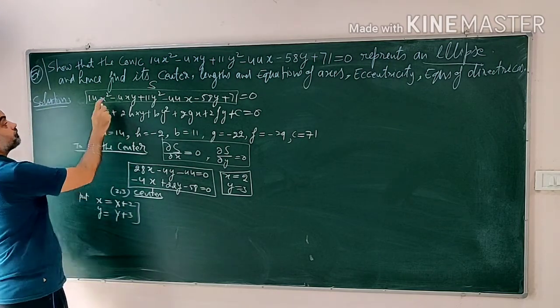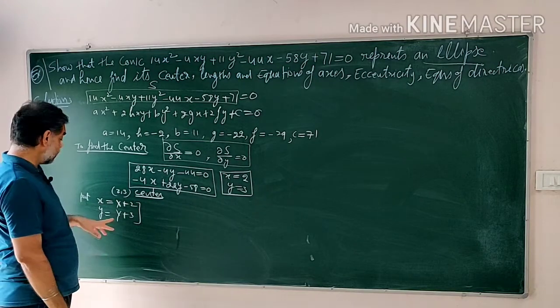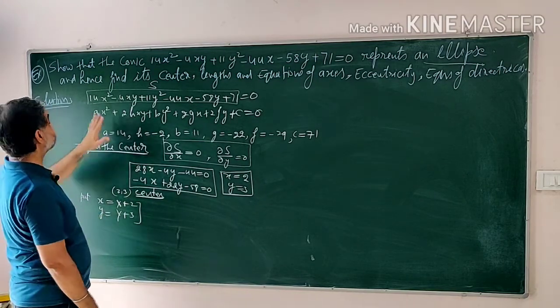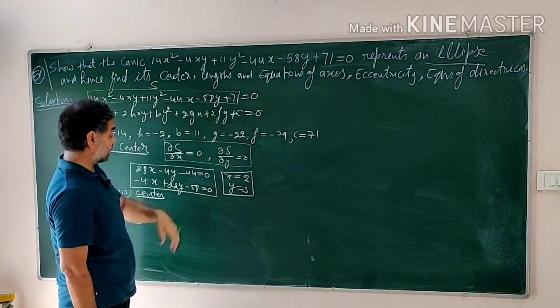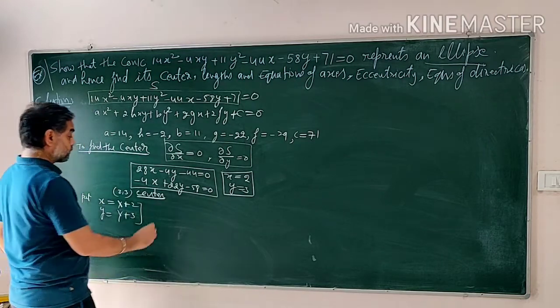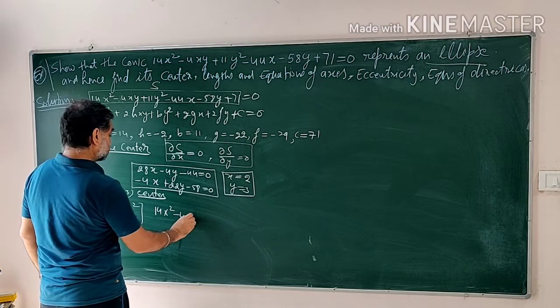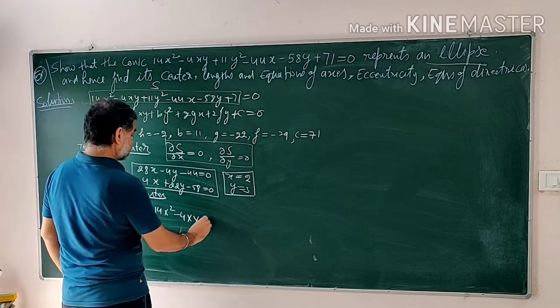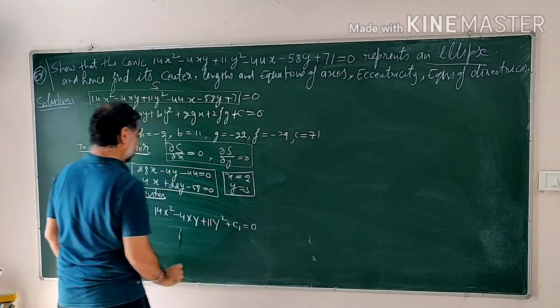In this equation, put small x equal to capital X plus 2 and small y equal to capital Y plus 3. What we are doing is shifting the origin to the center of this conic. So we make these transformations, and this equation would become 14X² − 4XY + 11Y² + c1 = 0, where